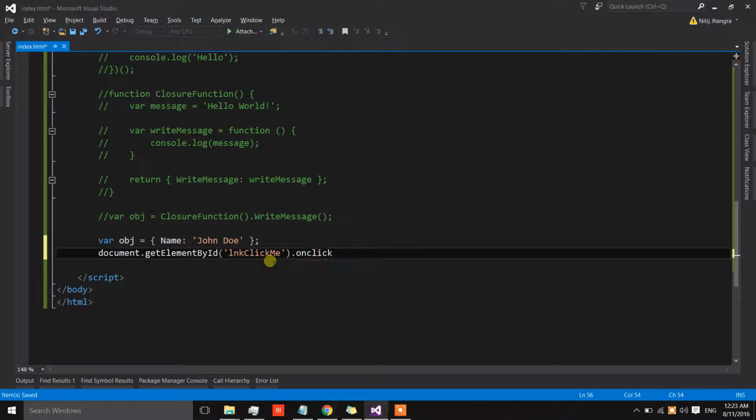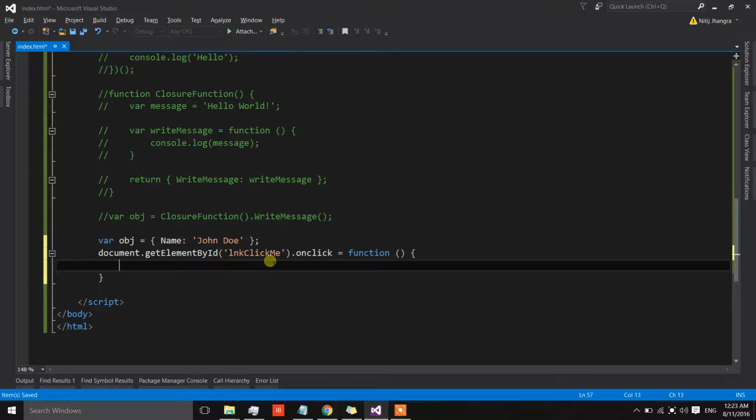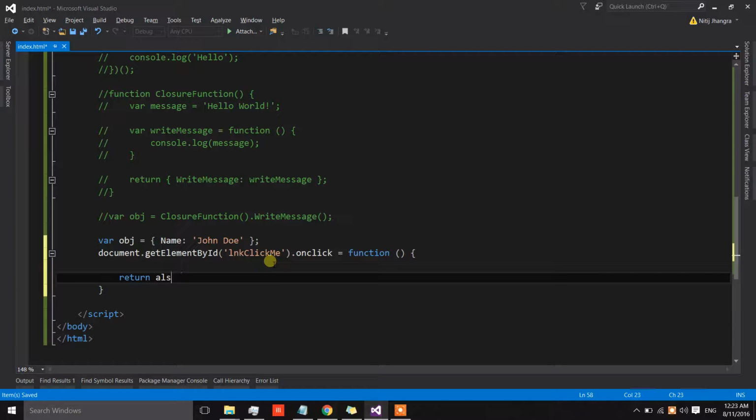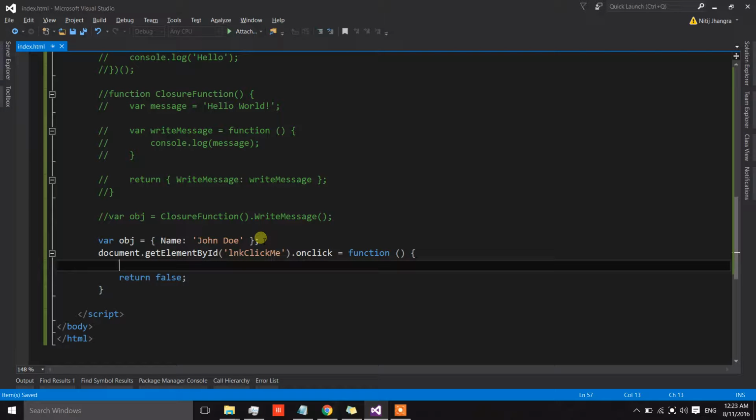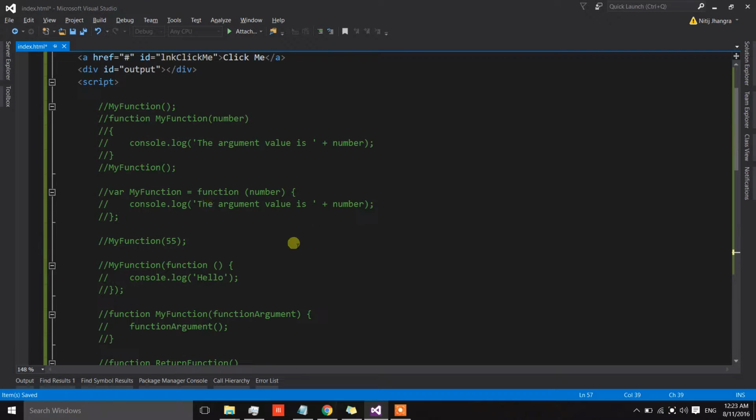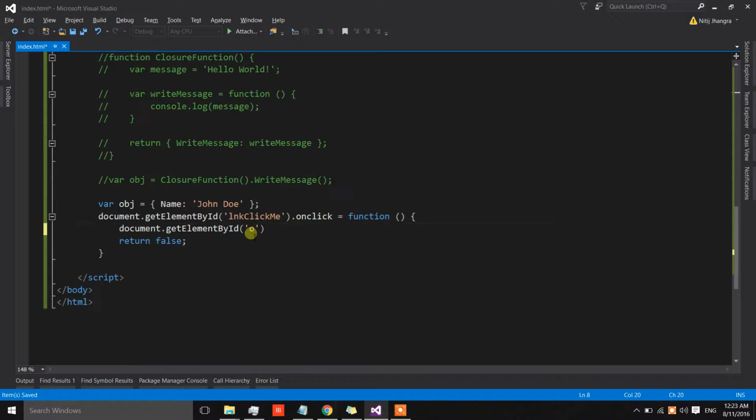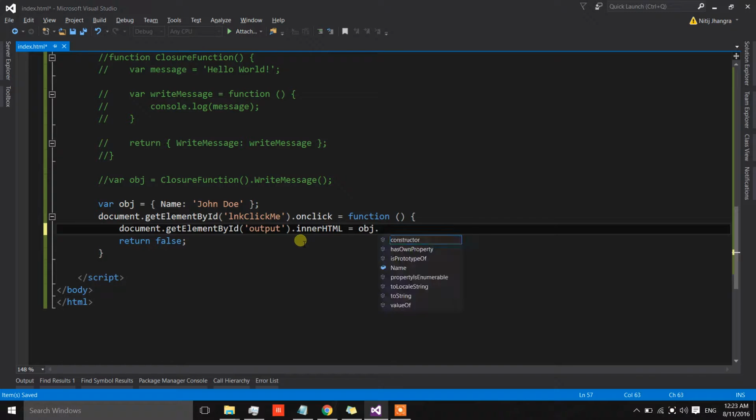Dot onclick equals to function which is empty right now, and also let's return false so that we will not be having a complete page postback. And then, okay, we also need to again get the reference of another element which is the output, which is a div, and dot innerHTML equals to obj dot name. Now